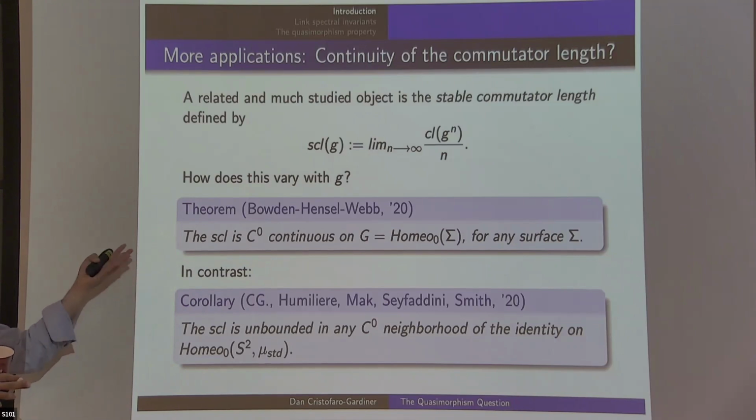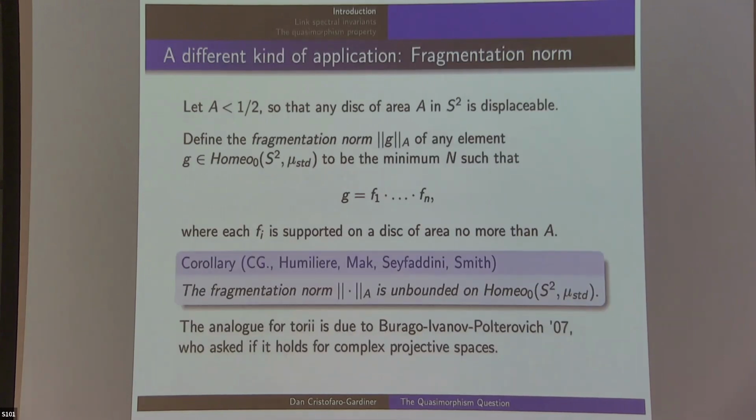But nevertheless, their stable commutator length is C0 continuous, and ours is not. So this does not follow in some abstract way from just the existence of quasimorphisms. One needs some other fact. Okay, so let's talk about fragmentation norms to give you another idea of something you can do with these quasimorphisms,